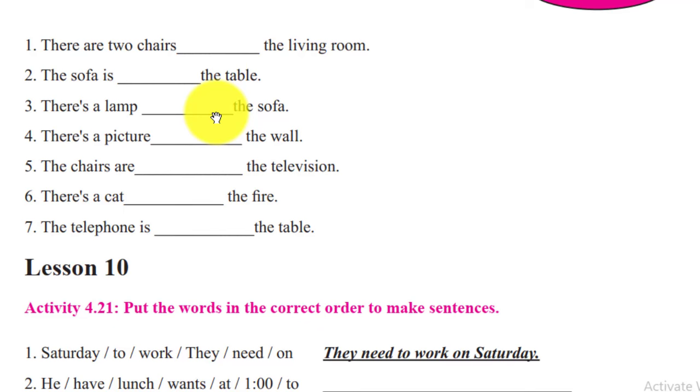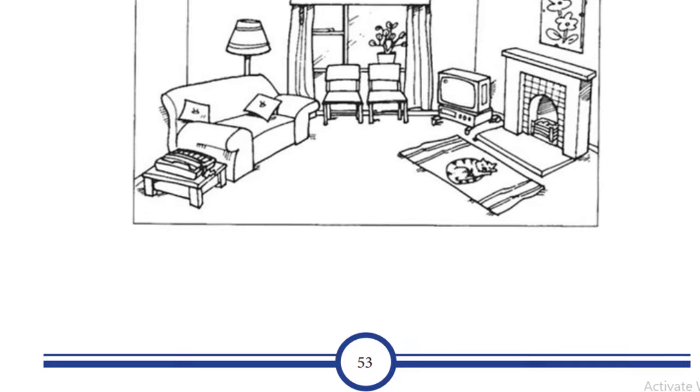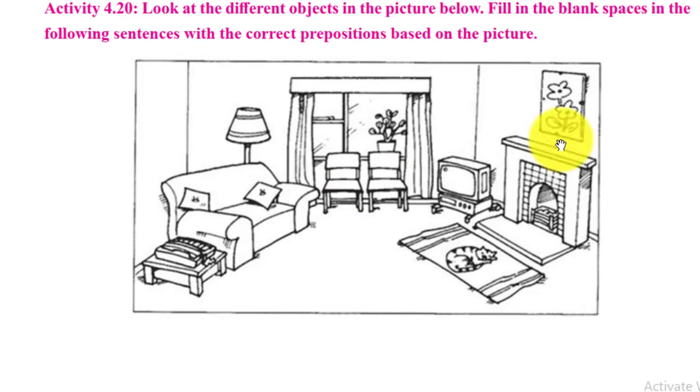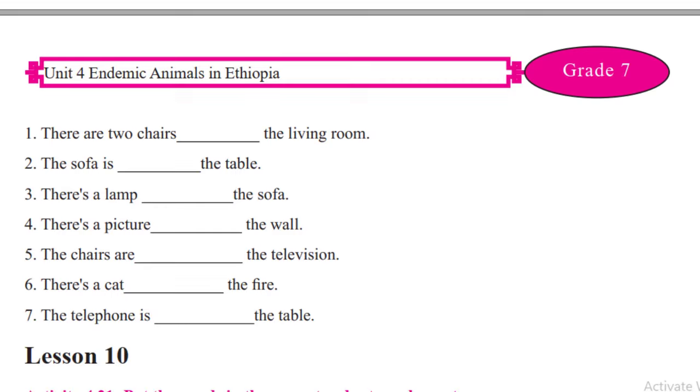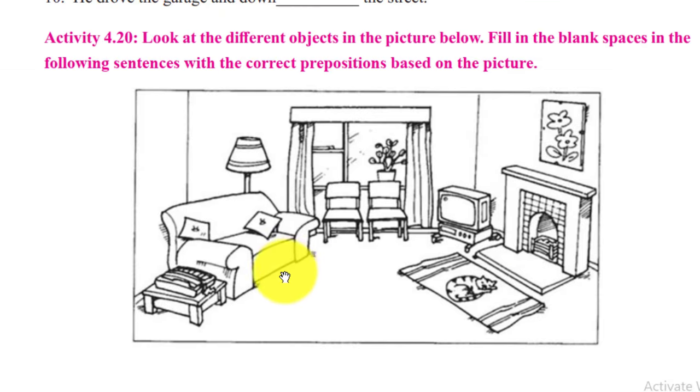ስለዚህ ስለቀረቡ እነሱ መሰረት አድርጋችሁ ተሰራላችሁ ማለት ነው for instance እንግዲህ the first one there are two chairs blank the living room ይላል ስለዚህ in the living room እንላለን ማለት ነው living room ውስጥ ሳሎን ማለት ነው እዛ ውስጥ ስላሉ ነው በዛ ቅጥር ግቢ ውስጥ ስላሉ ነው the sofa is blank the table ይላችኋል the sofa is next to the table ነው ከቴብሉ ቀጥሎ ነው ሶፋው ያለው ማለት ነው እኒን መለስ ብለን ማየት ብንችል ለምሳሌ ያው እዚህ ጋር the two chairs እዚህ ጋር ተቀምጠዋል inside the living room ነው ሶፋውን ደግሞ ስናይ ሶፋ next to ከምን ቀጥሎ ነው ያለን ከምን ቀጥሎ ነው the table ያ here is next to the table ትላላችሁ ማለት ነው።